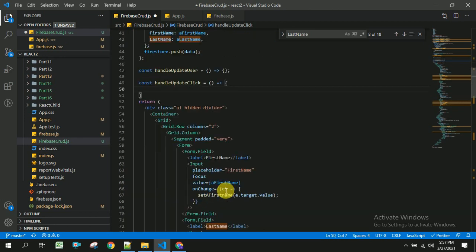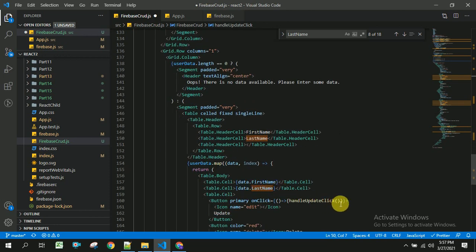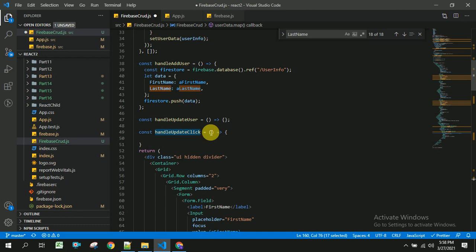And once user clicks on this, I am going to send the data of the particular object to this handle update click, and inside this function I am able to get the data.